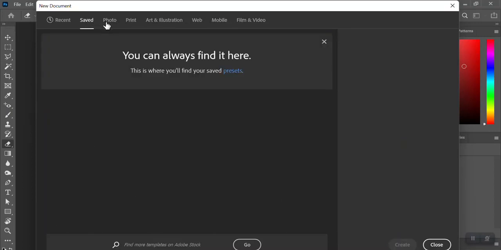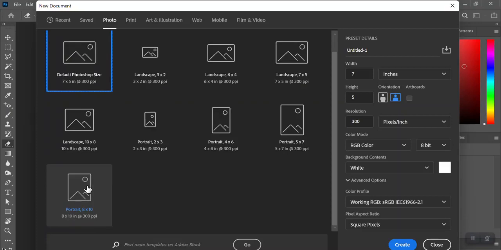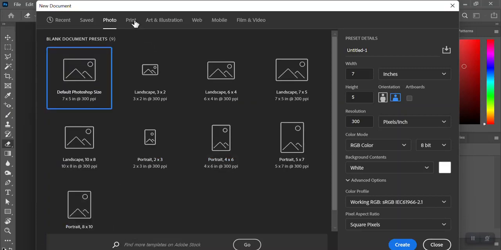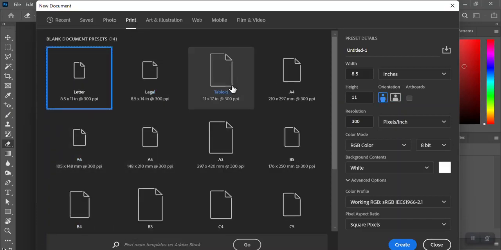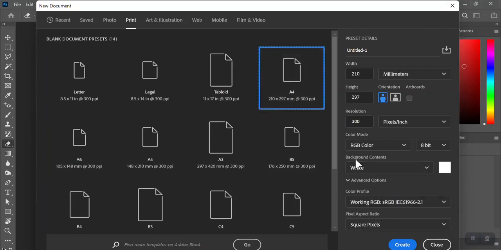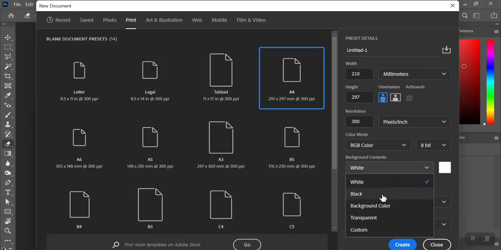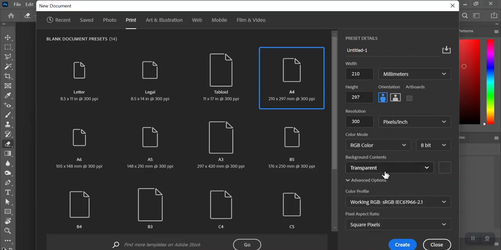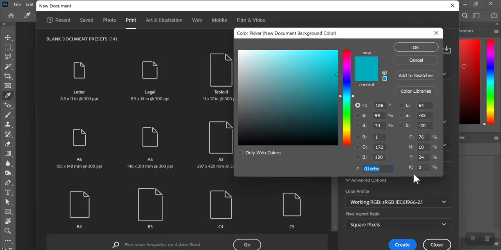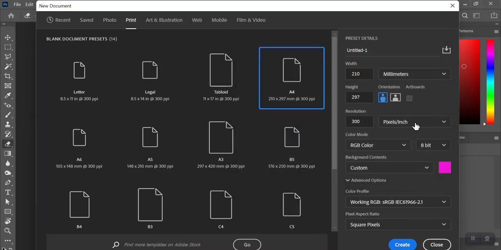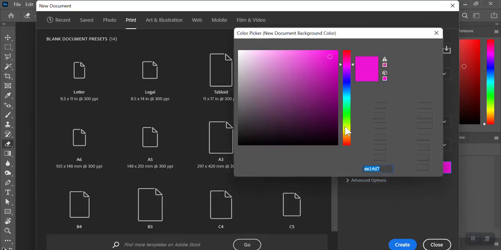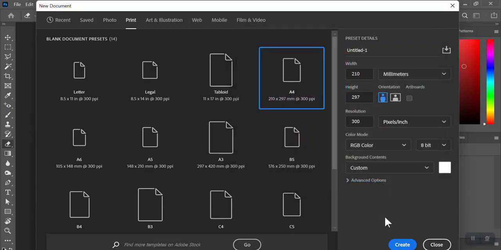I want to design a photo. Which size you want? Many sizes. But I want to create an A4 page. Click on A4 page. Background content is white. You can change it to black. You can change it to background color. You can change it to transparent. Transparent means no color. You can change it to custom. Custom means to select anything you want. I want to change it to, for example, white. Okay. Then you can create